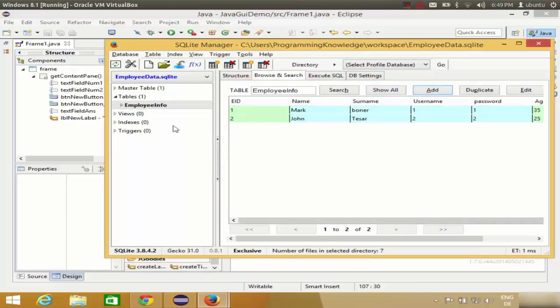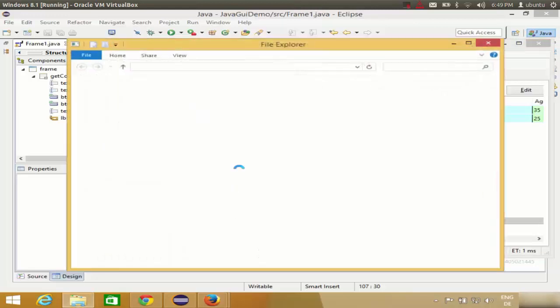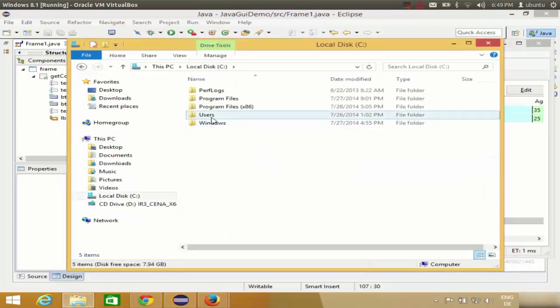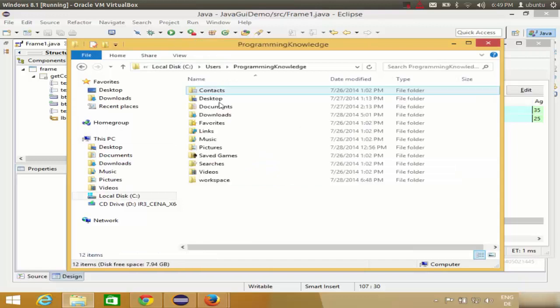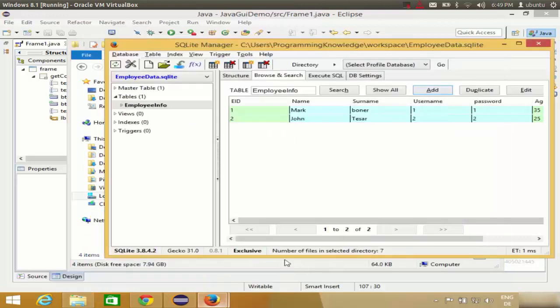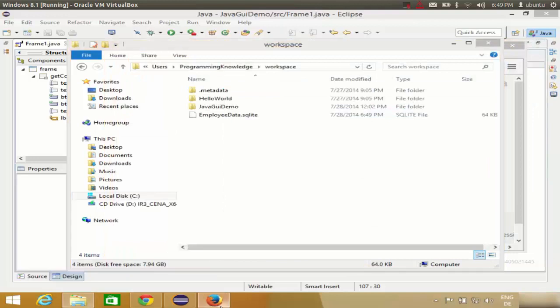And so once you create your database, and wherever you have given the location for saving this database, you will find this database there. So I will look for this database once again where I have saved. I have saved it in workspace. You can see employee.SQLite database here, right? So this is the database I have created, and it has some data. Okay, now I can close this Firefox browser,